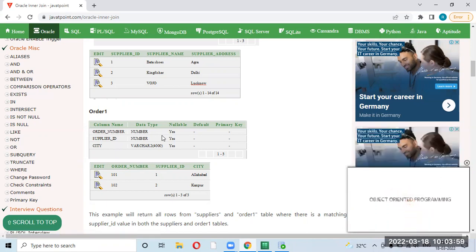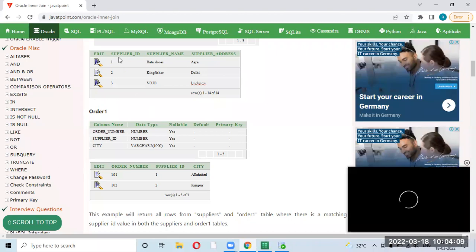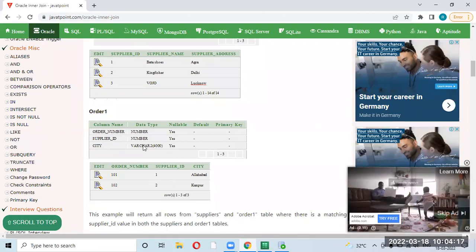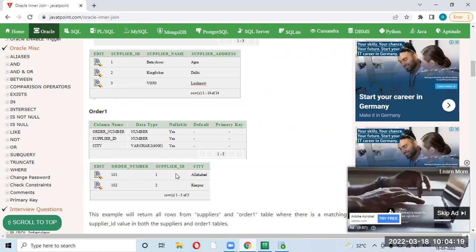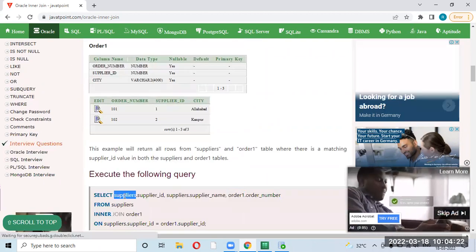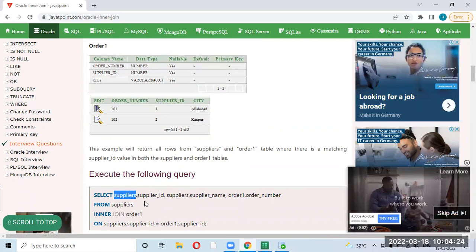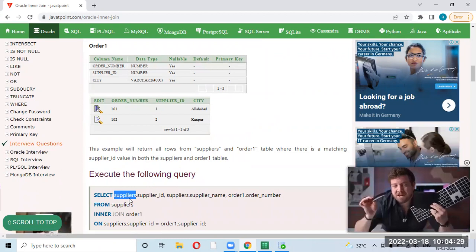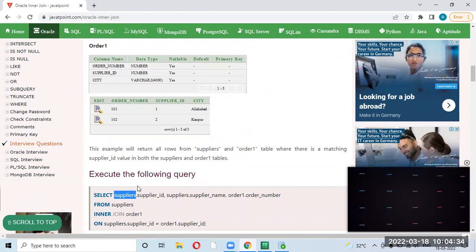If you try to compare set operators with join, they are completely different. There, for this supplier ID this record is there, for this table that record is there, but here you are not selecting both the columns. You are only selecting columns from the suppliers table, not from the orders table. No one will select suppliers.supplier ID comma orders.order ID, you will select any one of them only.